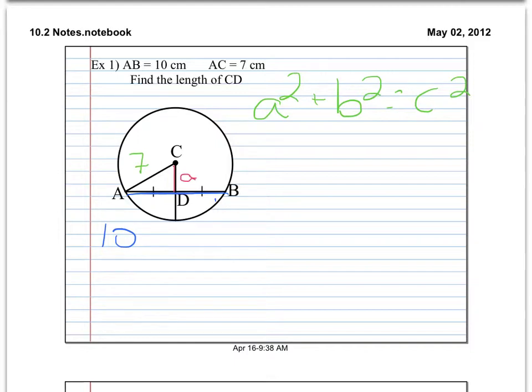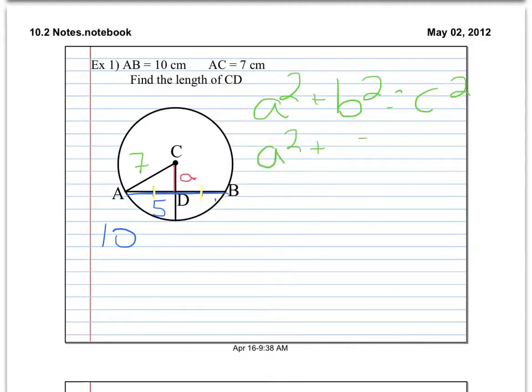So in order to find B, these two dashed lines, highlight them here. This dashed line and this dashed line means that they're the same length. So if the whole thing is 10, then just one of them will be 5. So to plug the numbers in, and there'll be just a whole lot of adding, taking the square, and then taking the square root. So you're looking for A